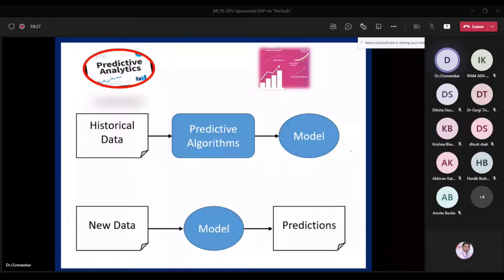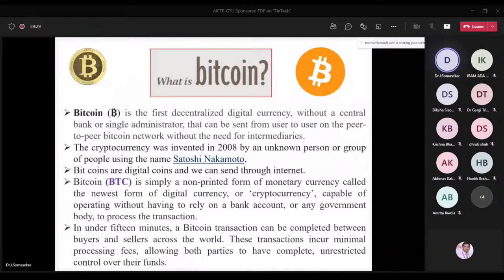Actually it's very simple nowadays. The word Bitcoin is like a buzzword. So here it's a very simple thing. Bitcoin is virtual money, or we can call it a digital currency. The advantage is that Bitcoin is transferred directly from person to person via the internet without going through the bank. That means we can call Bitcoin a decentralized currency.